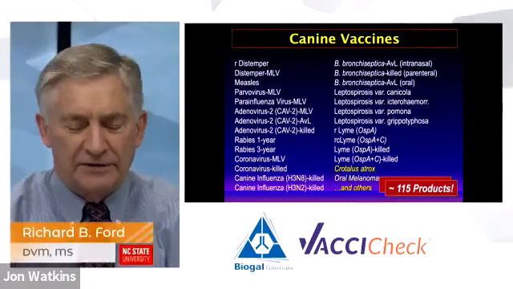Now, as many of you would know, this has been a controversial issue and somewhat of a bitter pill for the profession to swallow, as many veterinarians are challenging a time-honored annual booster recommendation that's been out there for many